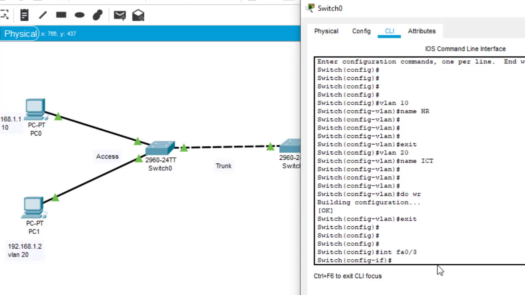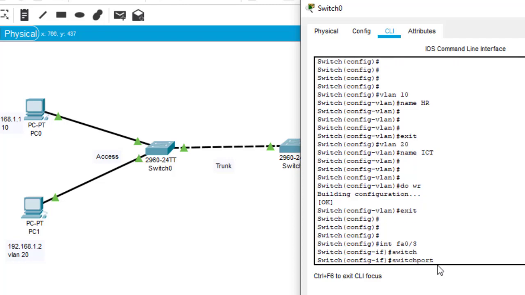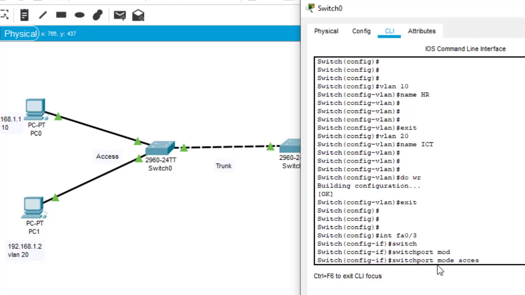FA0/3. Enter. Okay, then we must enable this interface to be in access mode. Okay, remember, an access port accesses a single VLAN, so we must enable this port to be in access mode. So which command do we use? Switchport mode access. Okay,